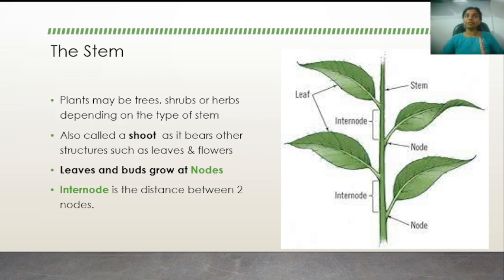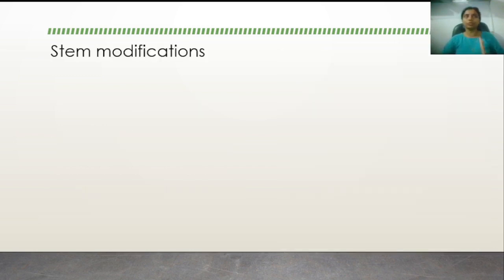Leaves and buds, do they grow anywhere on the stem? No, they grow only at certain intervals at certain places from certain buds, which are called nodes. So as you can see, there is a certain distance between each node, and the distance between each node is called an internode. The leaves will develop from the thinner shoots only from the nodes, and the branches will develop from the main stem only from the nodes. So the internode is the distance between two nodes.